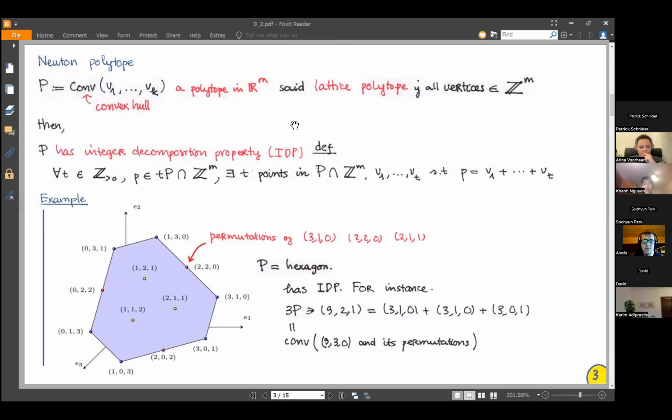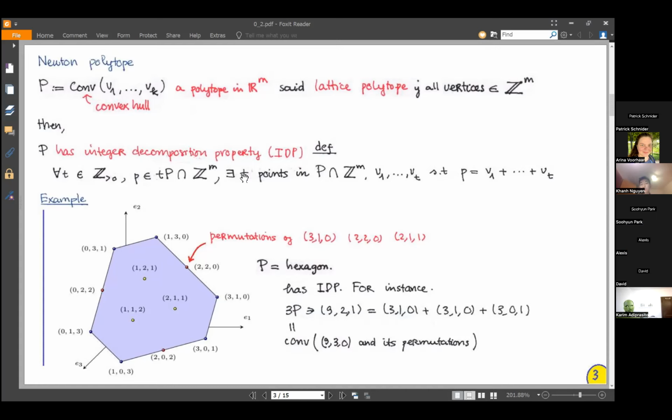And if P is a lattice polytope, we say that P has the integer decomposition property, I denote it by IDP, if for any positive integer t and any lattice point in tP,